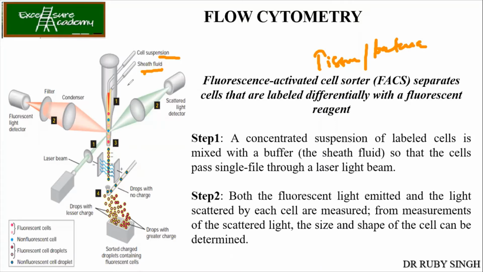Okay. Now, you can see that different color cells are passing. Different colors means either a few cells are fluorescent, a few are non-fluorescent. So, depending on the fluorescence, the color of the cells has been given. Now, what you see is the scattered light detector. You have got the laser over here. It will be filtered and condensed, and it will be passing through the nozzle over here. And you have got the laser beam. Whatever light is fluoresced or scattered by the cell upon passing through the laser beam will be collected by the detector.